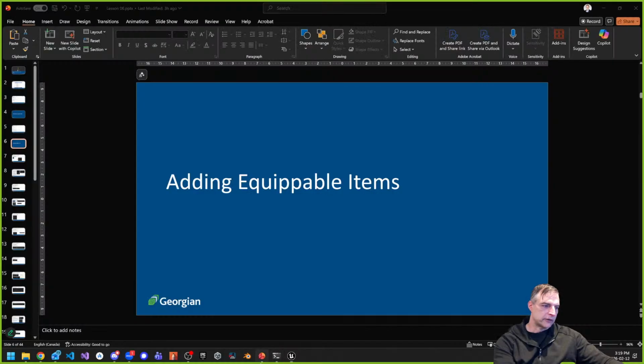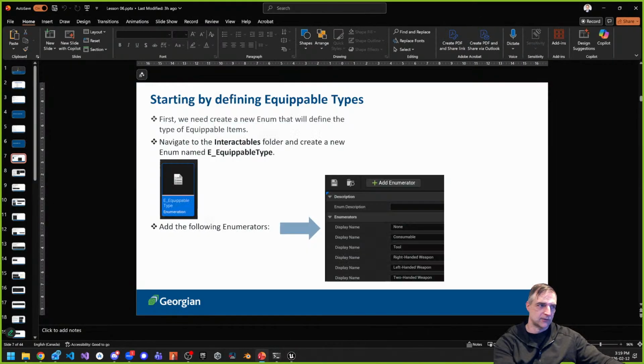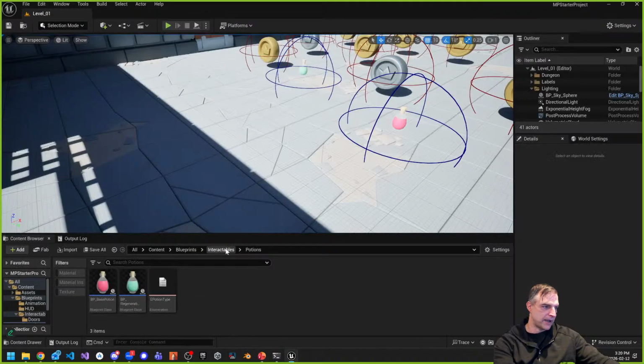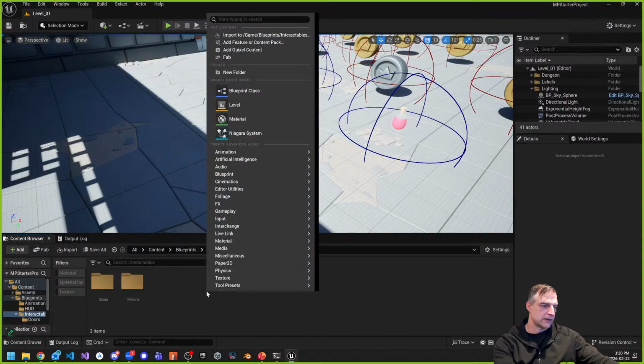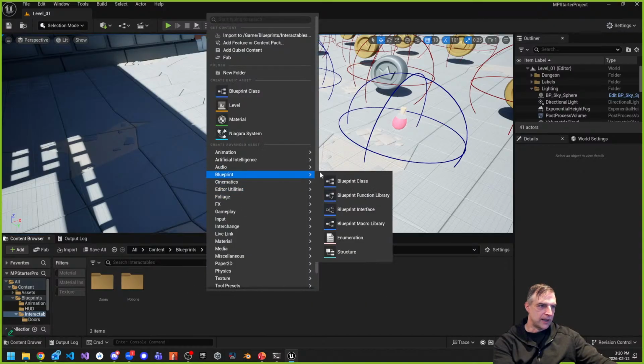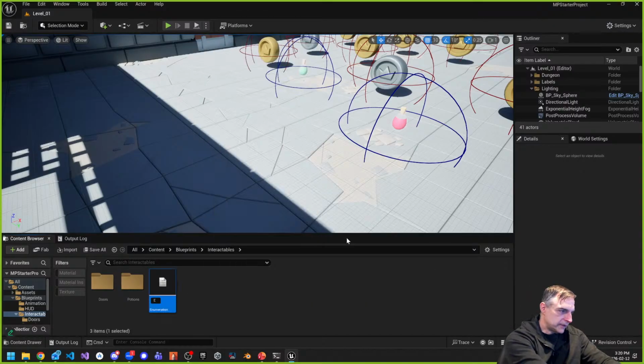So this week what we're going to do is add equipable items that you can actually hold in your hands. In order for us to do that, we're going to start with an equipable type enum, and we're going to do that in the interactables folder. So again, back into the interactables folder here, we're going to add a new enum class. Here we go, called